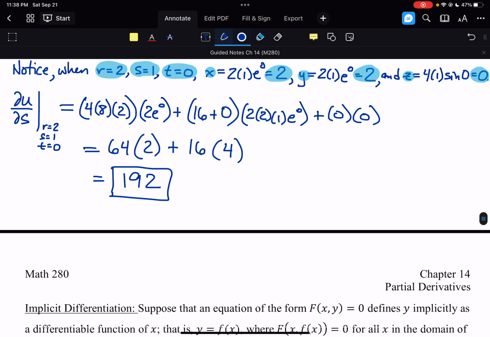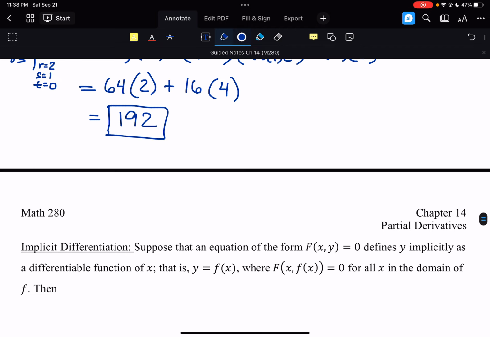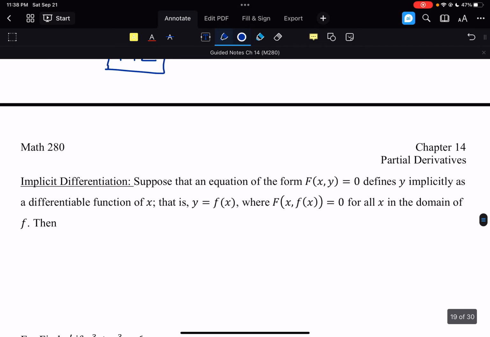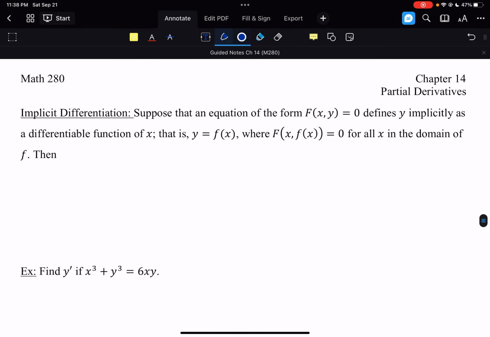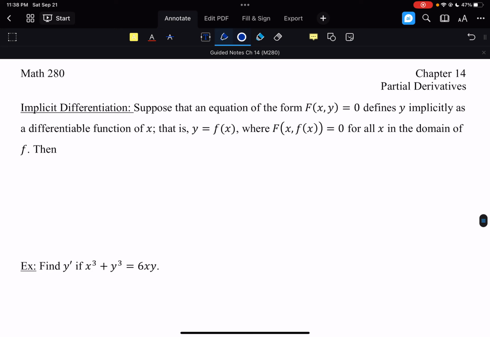The last thing that we're going to look at in this section is we're going to draw a little bit more connection between the work we had done back in Calc 1 and some of this partial derivative work. It's kind of interesting. We're going to be able to see how this does connect with the concept of implicit